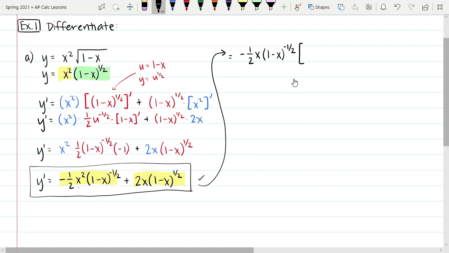Now, what does that leave us with? Remember, when you're factoring out a GCF, you're dividing the original expression by that. So if I took out the negative 1/2, that's gone. I took out a single x from an x squared, so that is going to leave me with just an x. And I took out a 1 minus x to the negative 1/2, so that's completely gone as well. So that entire first term, all I'm left with is an x. Now be very careful here. I factored out a negative, which means this plus now becomes a minus. Again, if I were to distribute it back, it would have to give me a plus. So since I factored out a negative, that now has to also turn to a minus in between the two